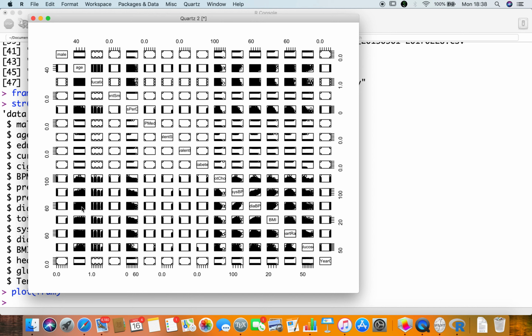Now, the only situation where there seems to be some structure in the relationship is this one down here. Look, if I can bring it over here. Here you've got systolic blood pressure versus diastolic blood pressure, and you would suspect that the relationship is pretty good there, because if your systolic blood pressure is high, your diastolic blood pressure is going to be high. One of them is at the start of the cardiac cycle, one is at the end of the cardiac cycle. And so you would expect that that's the case. But what I'm interested in, guys, I don't know,